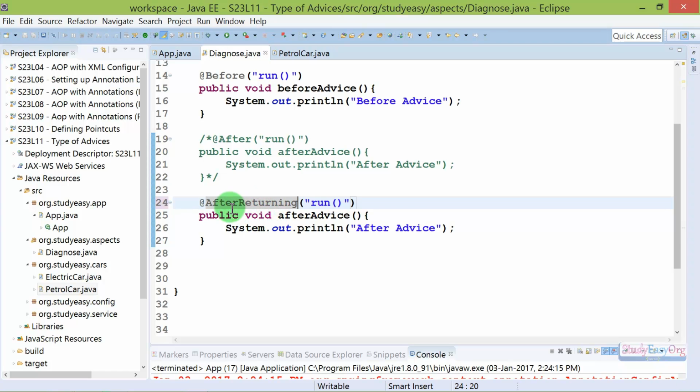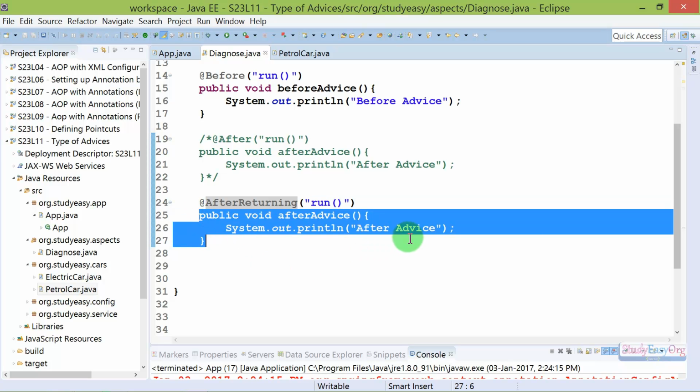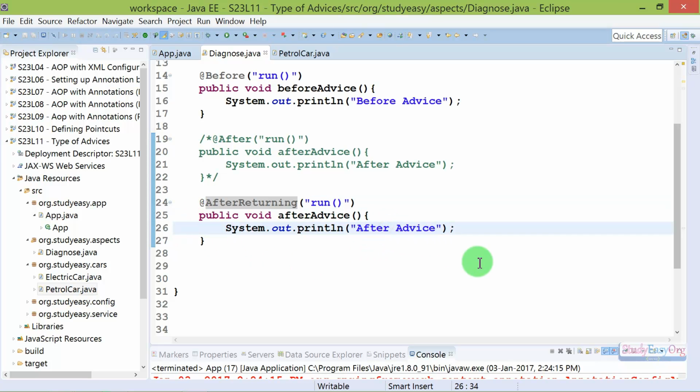So it says after returning the run method. Now friends, if there is an exception, then this particular method will not get called. So in here we will also update the message, and we will say after returning